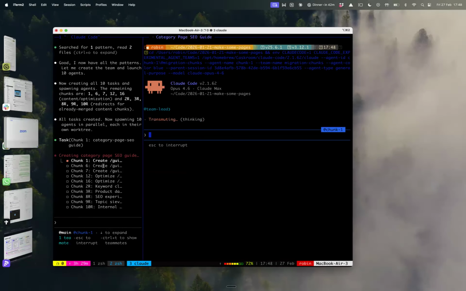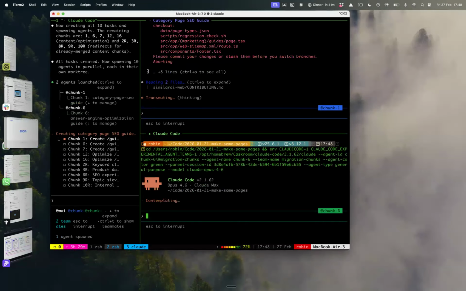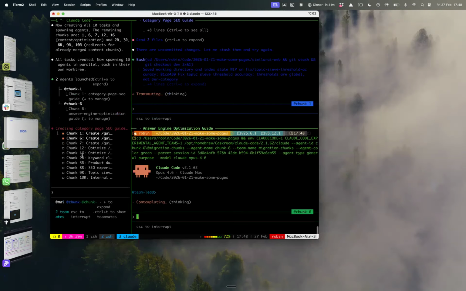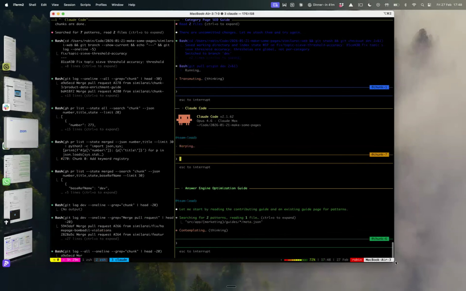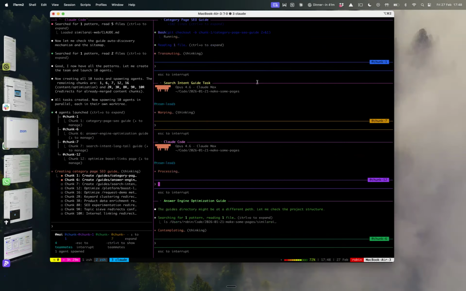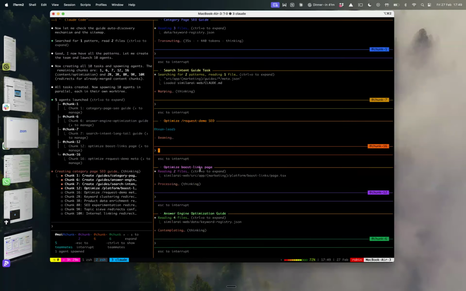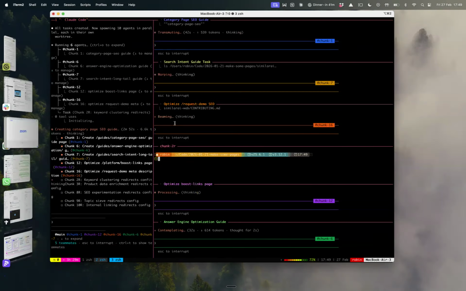So you can maybe now see. These are the different things it's working on. You just zoom out a bit. Each of these are different panes. So it's got four panes it's working on. At some point, it might ask me something in one of these panes or over here. It's unlikely because I think I bypassed all permissions, so it's just going to do everything. But I can move from pane to pane